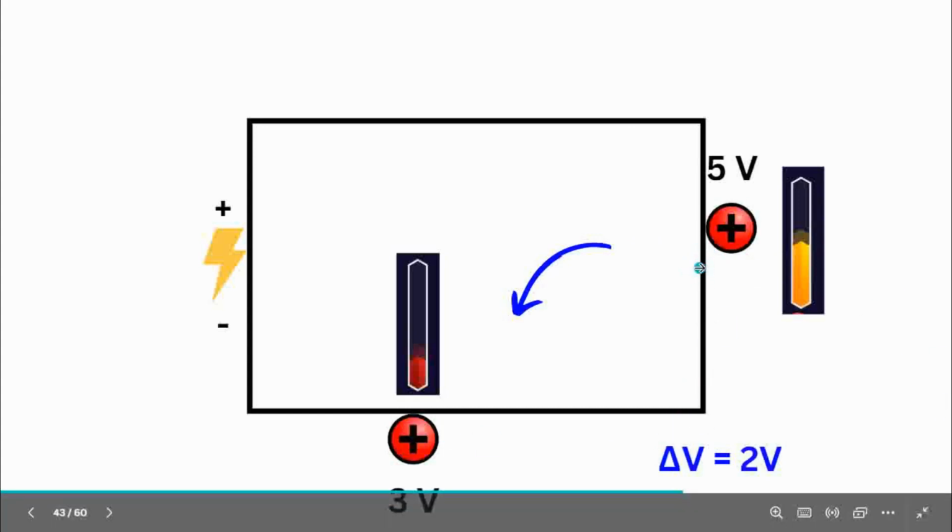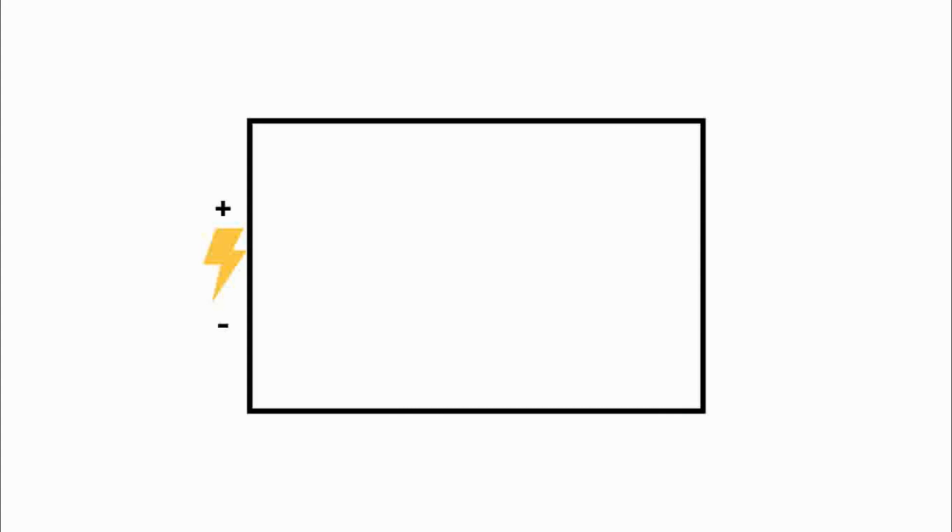But the same can also be said for just one tiny point in the wire. Let's say we want to take a look at the voltage difference at this point in the wire. See this very tiny dot? And we'll say that the charge at the very left of this point just so happens to be like 8.54 volts. But at the right, it's 8.61 volts. Actually, wait, sorry, that's supposed to be the other way around. But anyway, we see that the voltage difference between those two charges, the voltage difference at this one point in the wire, is 0.07 volts. And it'll be the exact same thing no matter what point you measure in the wire. It could be here or it could be here.